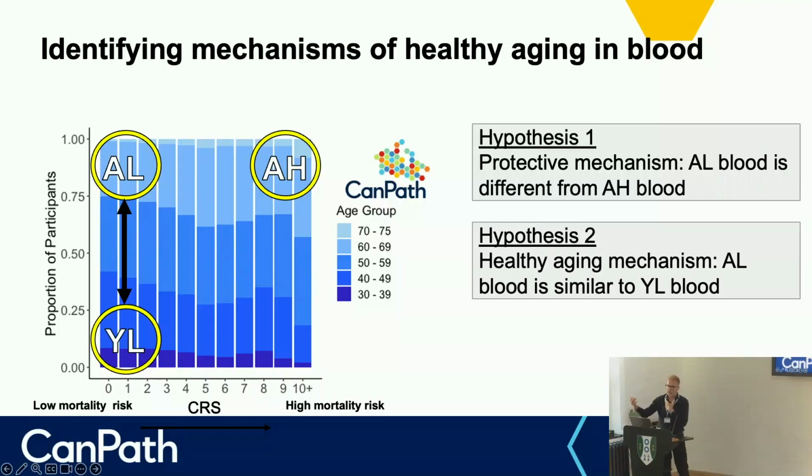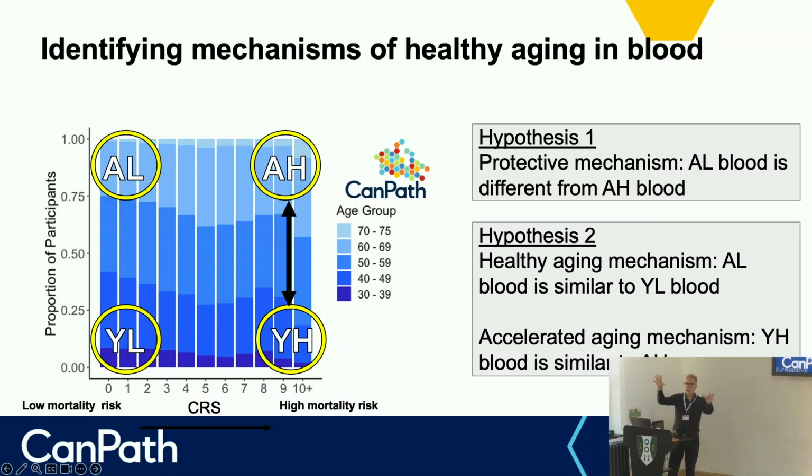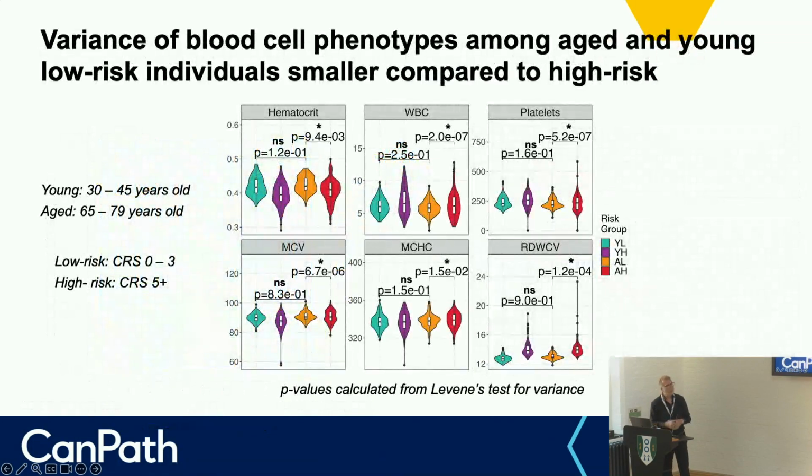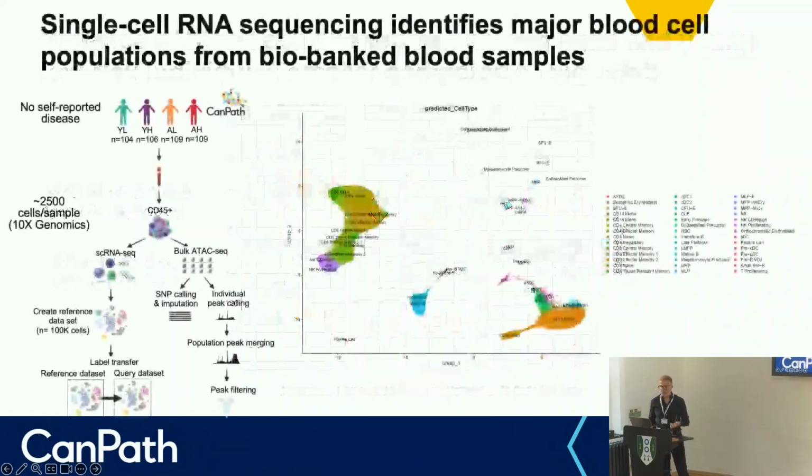And I wanted to do the same thing for young people, so young low risk and young high risk, and pull the blood out of the biobank from those individuals, making sure I'm not selecting people who, when they came into the cohort, had a chronic disease or a cancer, or other unfortunate events like that. And of course, capturing all kinds of other information about BMI and smoking and so on. And one of the things, and I think this is actually quite striking, before we got into any sort of